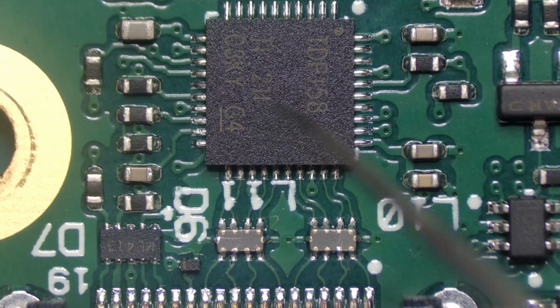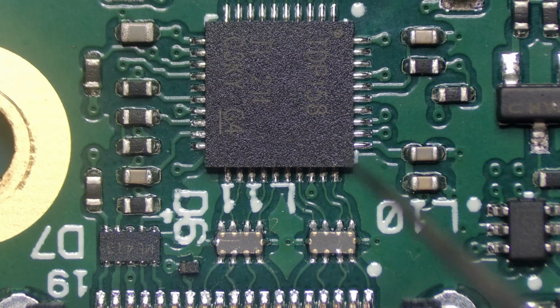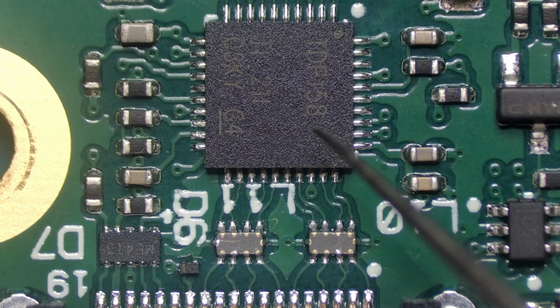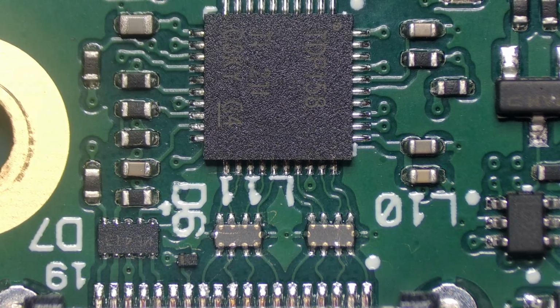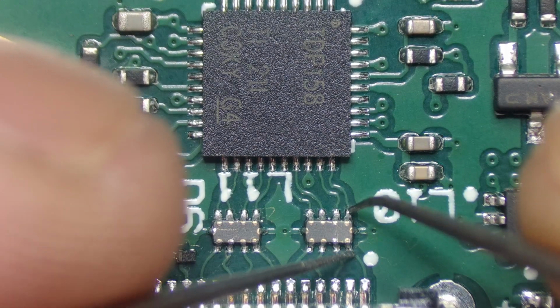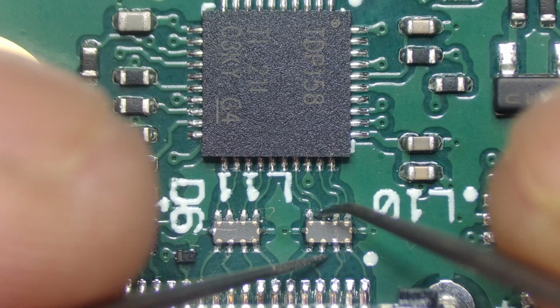So how can you identify if this chip is faulty? First of all, most likely you will not have an HDMI output. That's going to be the first sign. And what you want to do is, when you get here, take a multimeter and check for continuity between each of these two lines here. So between this point and this point, this point and this point, this point and this point, and this point